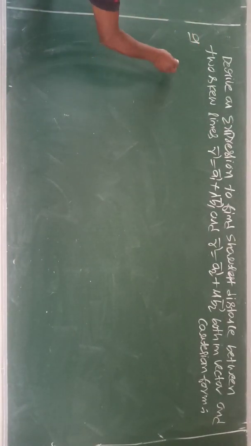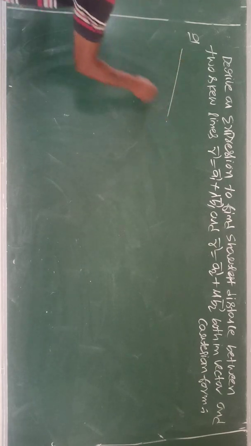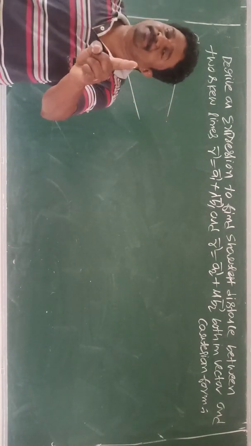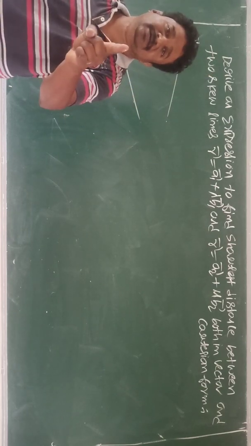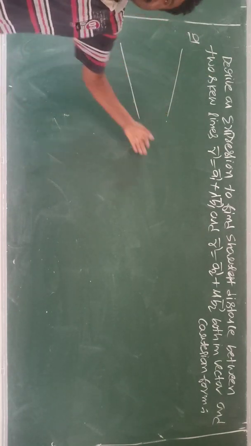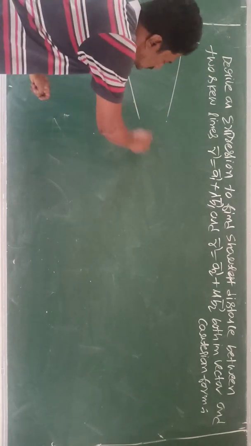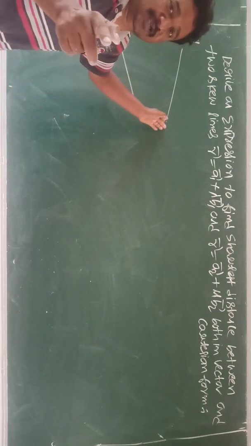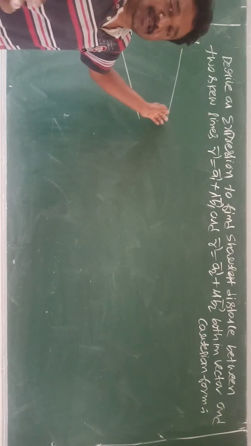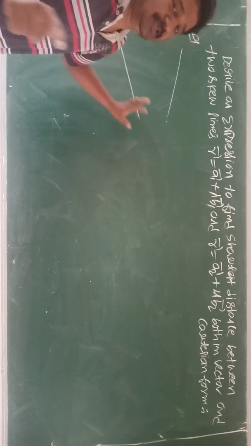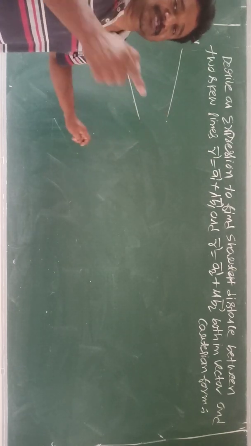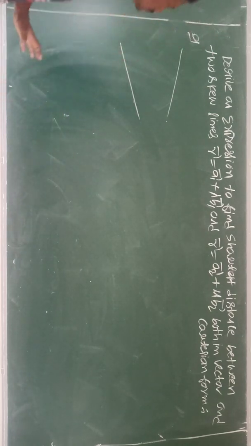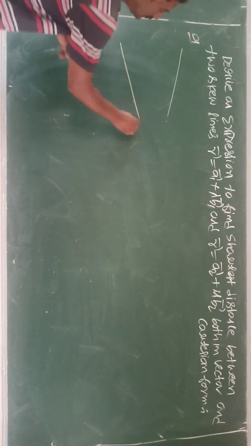Draw the skew lines. I told you skew lines are neither parallel nor intersecting. Here you can see these two lines are intersecting. If I extend this, they are intersecting. Since I drew the lines on the plane, that's why they are intersecting. If I take the same lines in space, they won't intersect. No way.